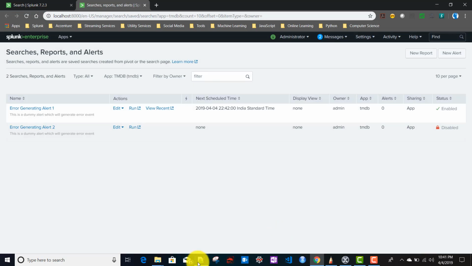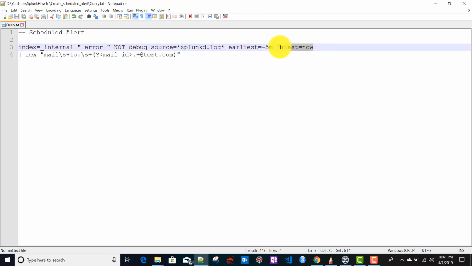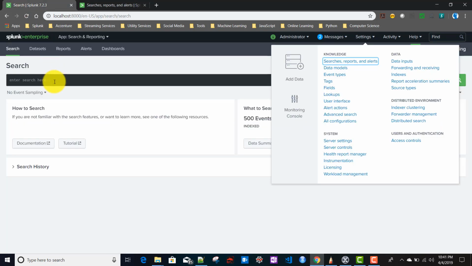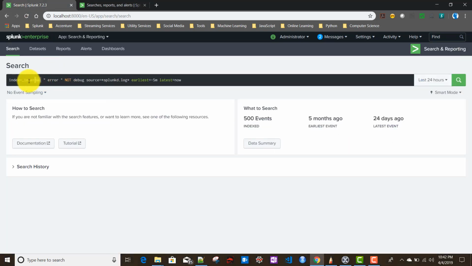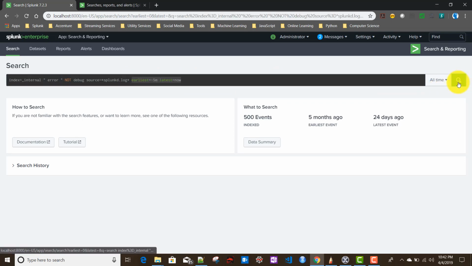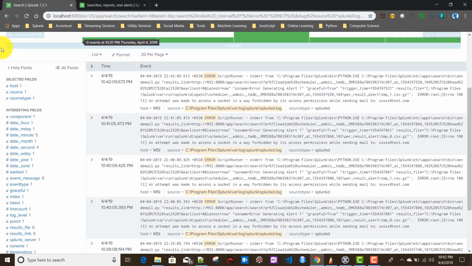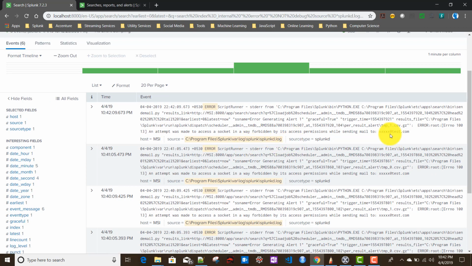To see that, we will run this particular search. What we are doing over here is index equals underscore internal, then we are searching for errors only. That's why we have included NOT debug, and my source is splunkd.log. I will only be pulling the last 5 minutes of data. So if you select any time range over here, it does not affect anything, because I am giving the earliest and latest time in my query as well. If I run it, we now have 6 events, all coming from